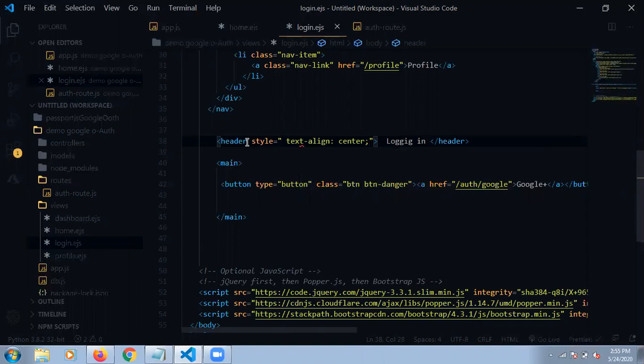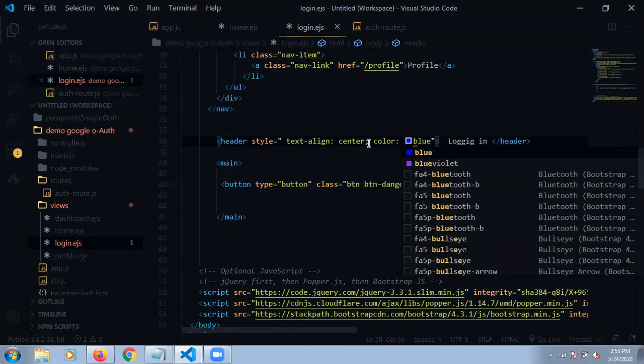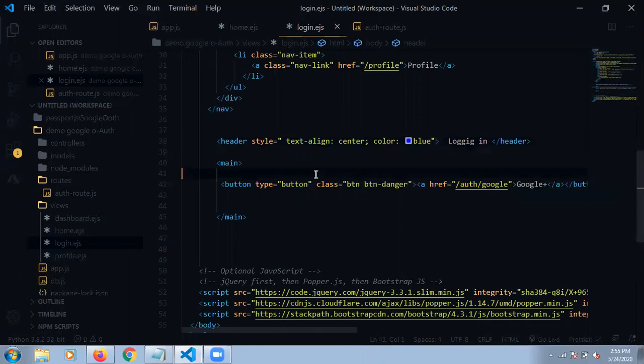Text align is the center, and color, we are providing some color too. Color is blue. And the same for our button also.